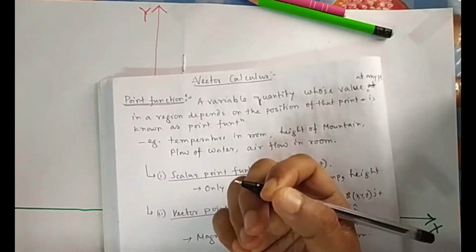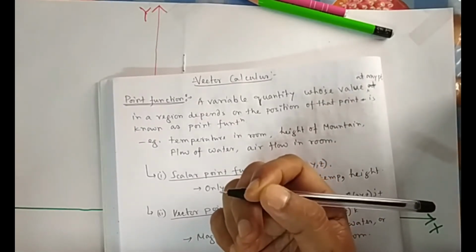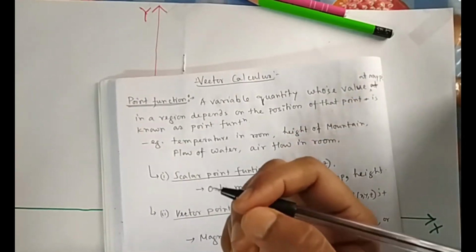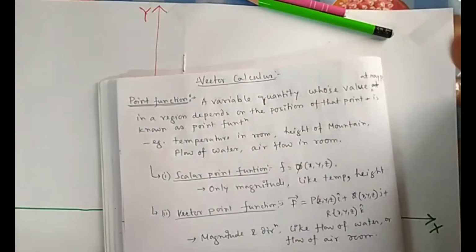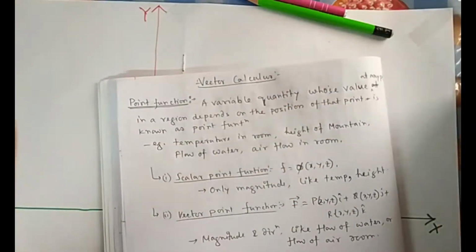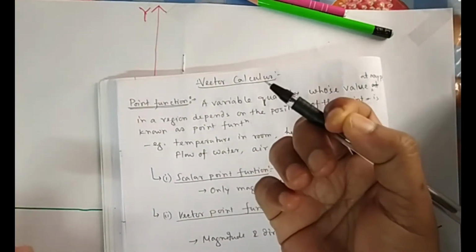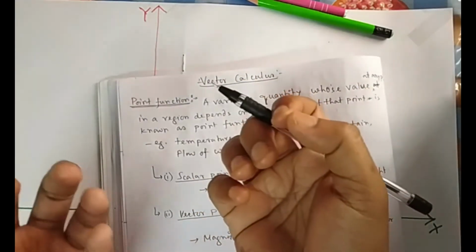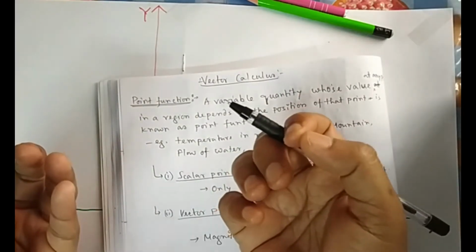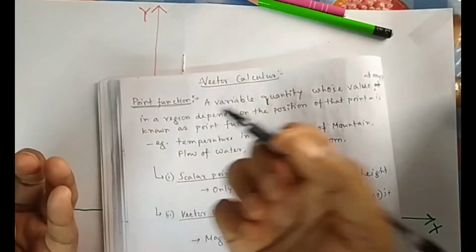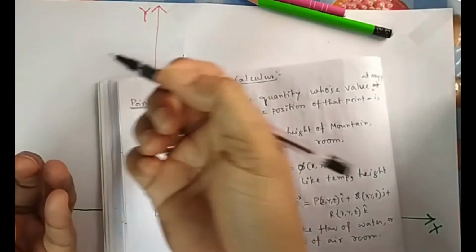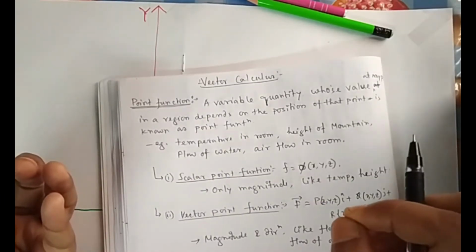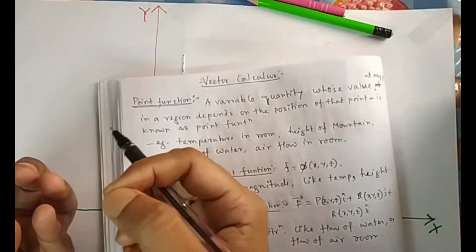If you are in a particular position in the space, the value of that item changes with the position of that point. Suppose I say the temperature of this room, if we assume it is 3D, what is the temperature here, what is the temperature here? At every position there is a difference in temperature. Suppose I have lit a bulb here, so here the temperature will be more, here it will be less. So everywhere the temperature depends on what position it is at. If it is at this position, what will be the temperature? If it is at this position, what will be the temperature?